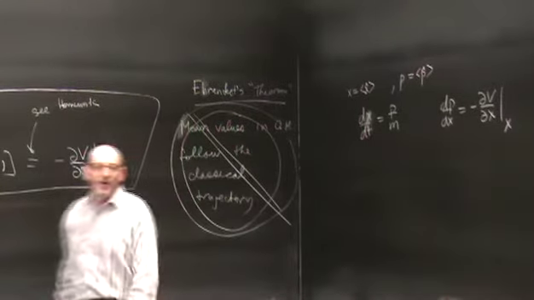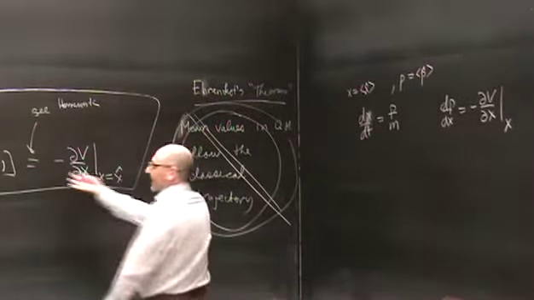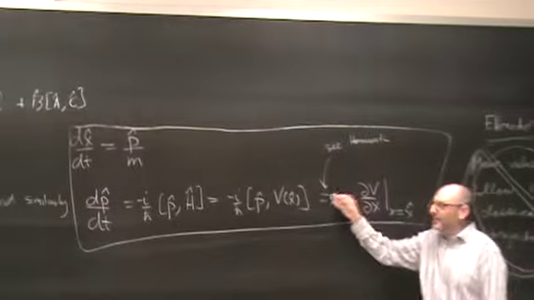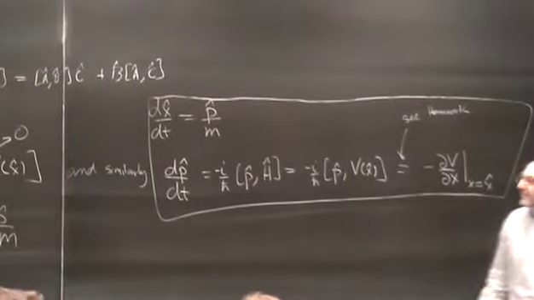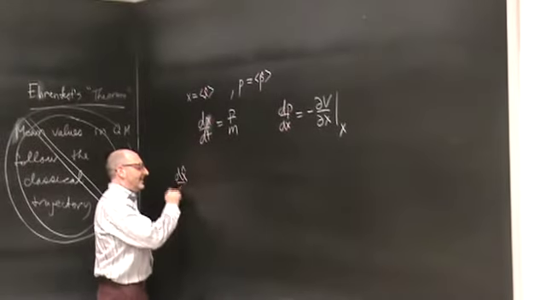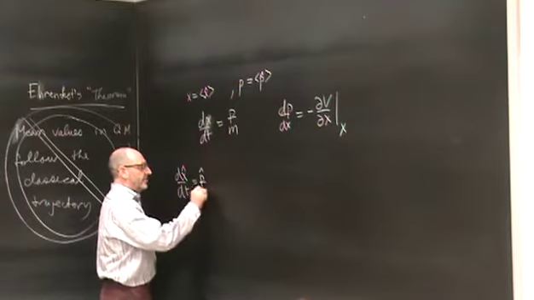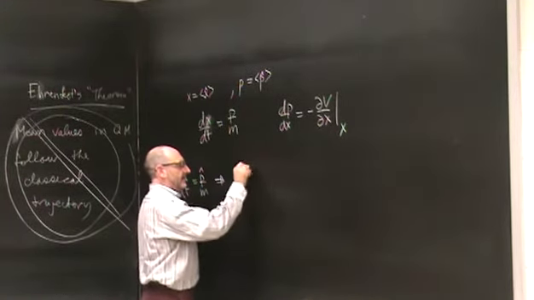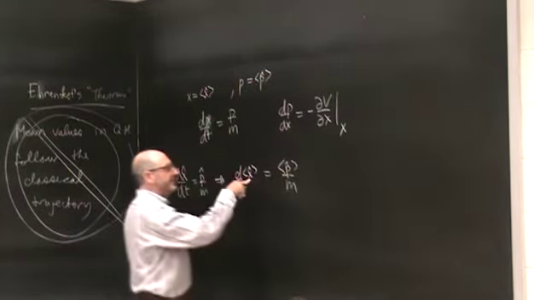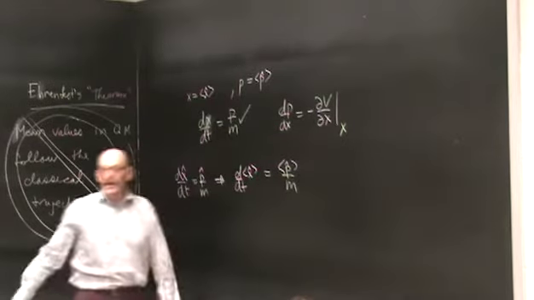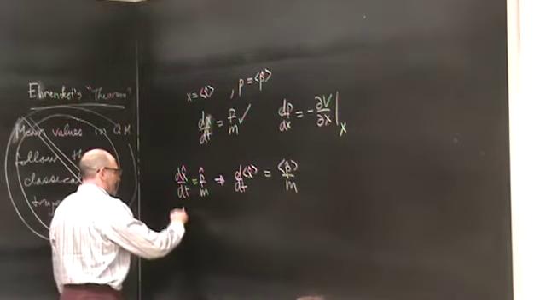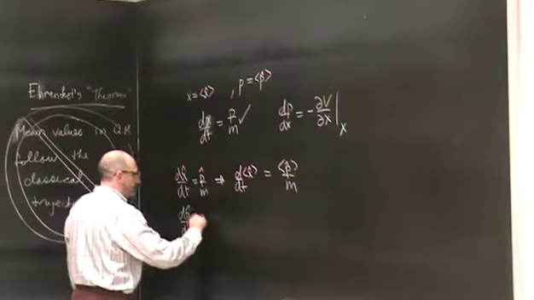Why is this wrong? I mean, it looks like that's true. There's a very subtle point here. Let's actually take the expectation value of these equations. So what we have is that d of the mean of x over dt is p over m, which implies that. Well, that's cool. If I replace this by the mean value, I get that. That's fine. However, if I look at the second equation,